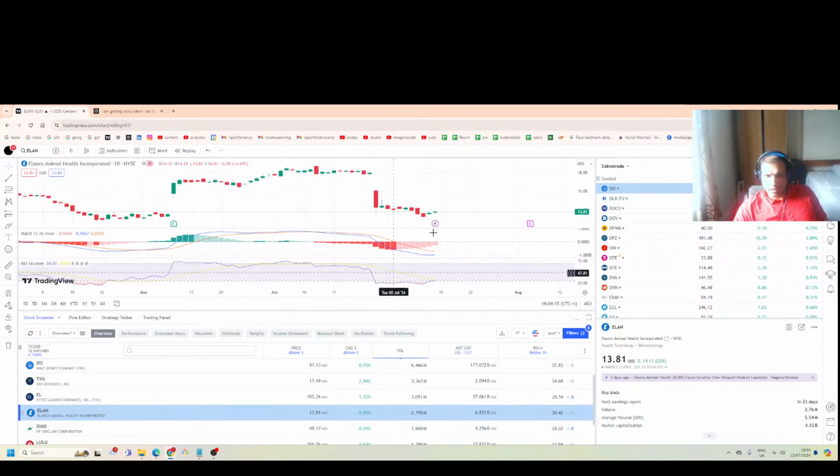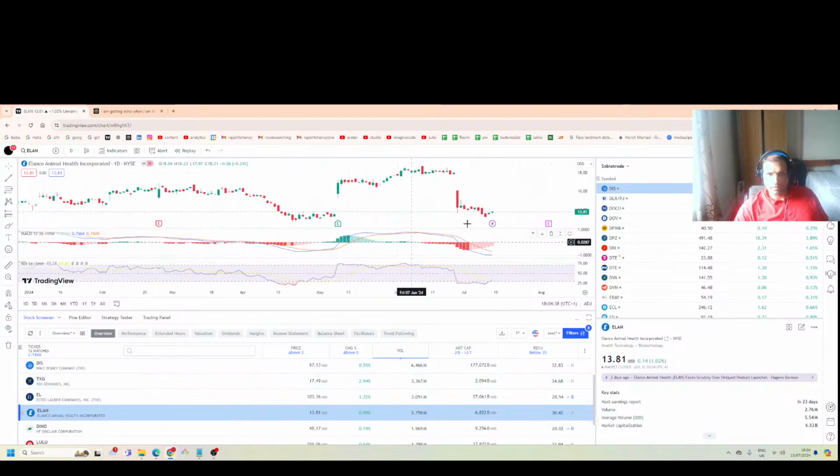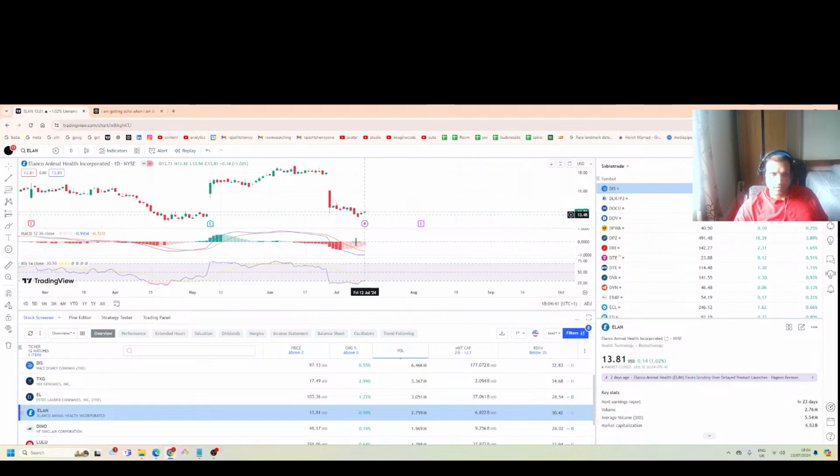Tenex Genomics looking good. It's starting to cross up. This also looking good. Estee Lauder. Not yet ready, but seems like it's moving up. RSI is also crossed to 30, but I'm just worried about this part where it can start moving downwards instead of moving up. So you have to be careful about that. Since the volume is also pretty high, I think it's a good idea to even place a trade on this. And